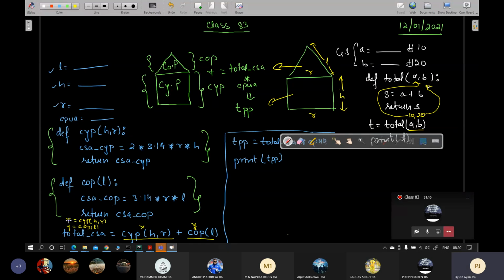Okay, so x contains the cylindrical part ka curved surface area and y represents the conical part ka curved surface area and then x and y they have added. Up to you, जो भी तुम्हें सही लगे. ठीक है.